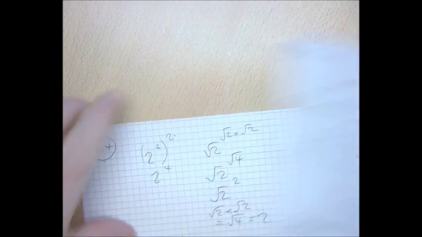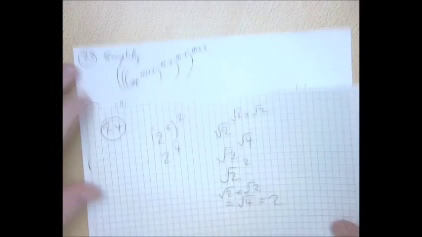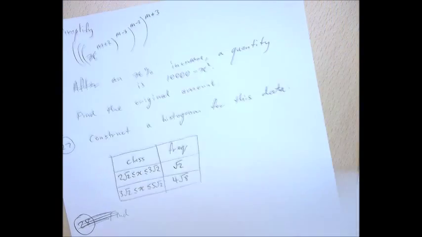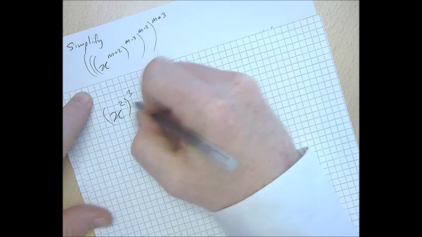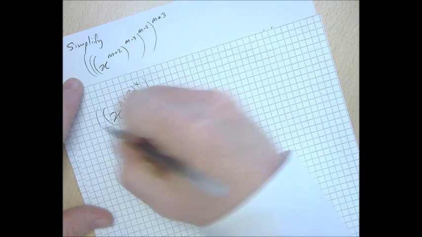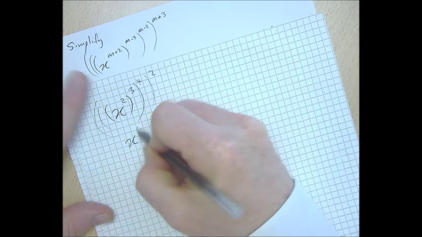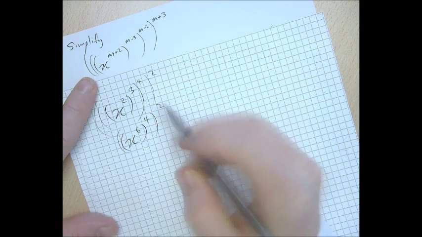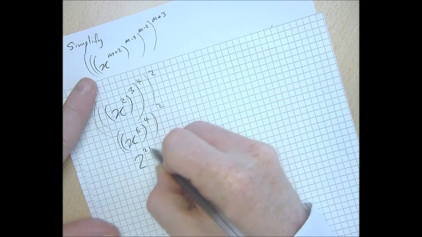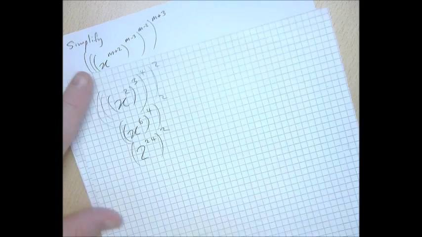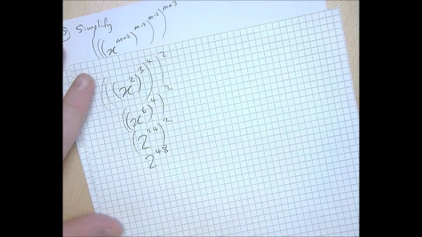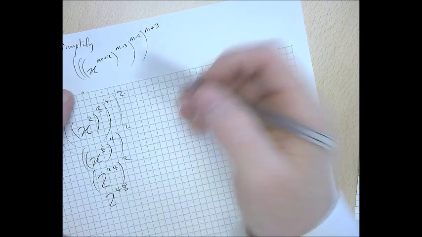Now, the same principle is at work here in question number 25. Check this guy out. Now, let's just do a simple version of this problem. Okay, so that is definitely this times this. That is definitely this times this. And then finally one last multiplication. Okay, so it seems to me that all you have to do is multiply these four. If that's what you do for the simpler version of the problem, that's what you do for the harder version of the problem.